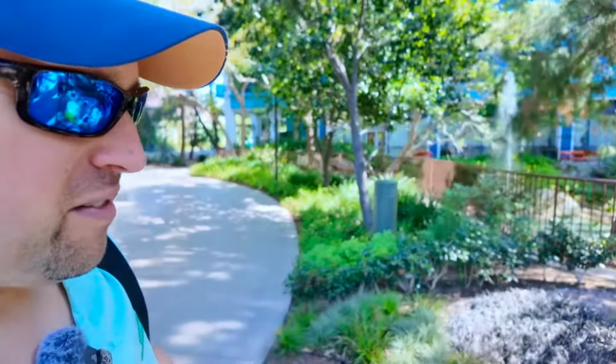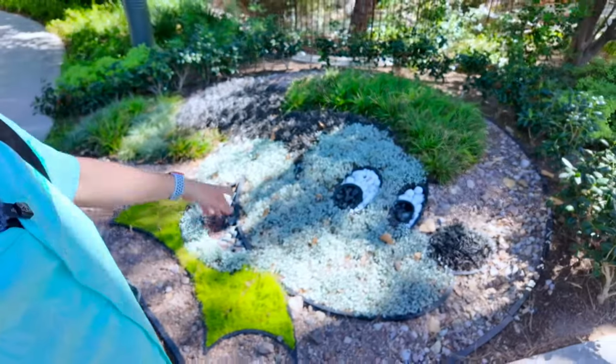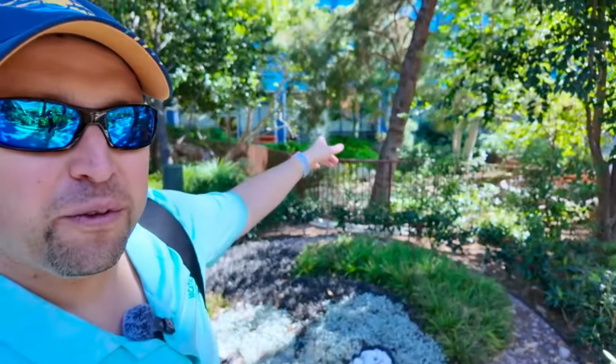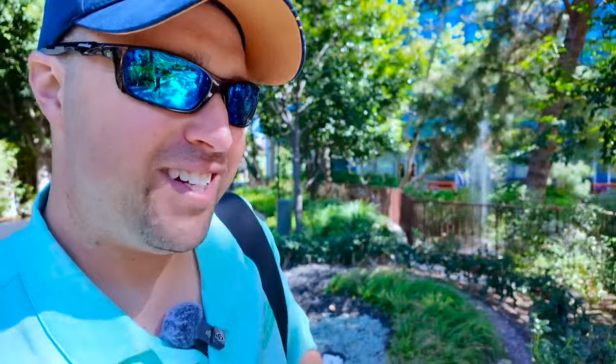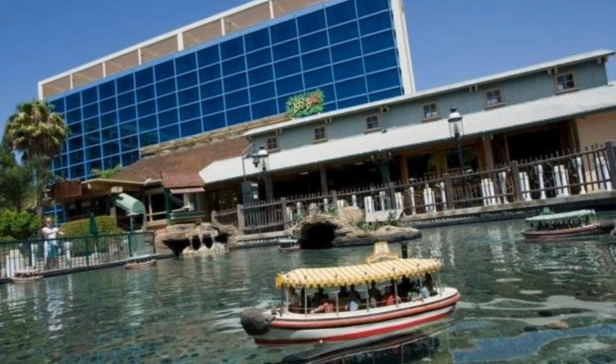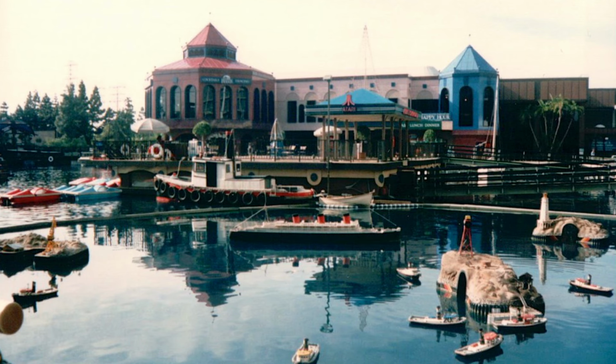And even though it is really pretty, and we have our little Mickey down here, and there is a little waterfall fountain back there, I'm just reminded of the time when I was a kid and how different this area was. How in the very middle, we didn't have the pool, we had the boat arena where you could put in a quarter, it was probably 5 cents at the time, and you could drive the little boats around the marina. Do you guys remember that? I know you're probably dating yourself if you do, but